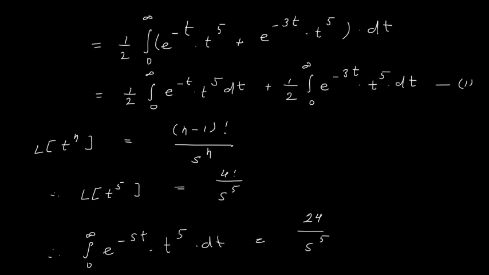Here I think in the formula we are making some mistake. This is not n minus 1 factorial. This is n factorial upon s power n plus 1. Okay. So this is n factorial upon s power n plus 1. So t power 5, if I say this is 5 factorial